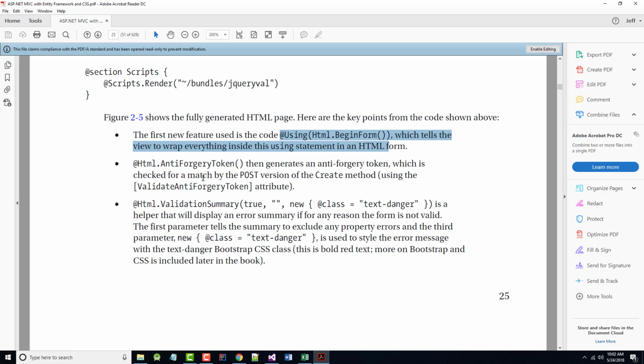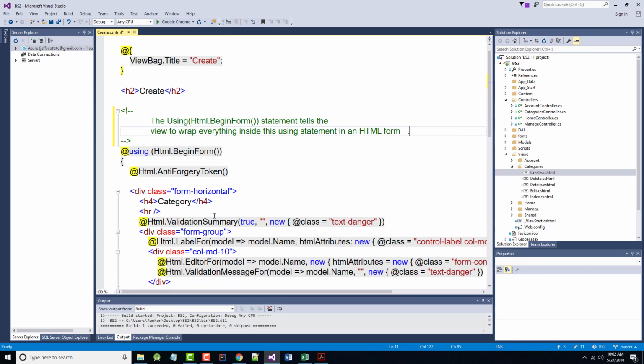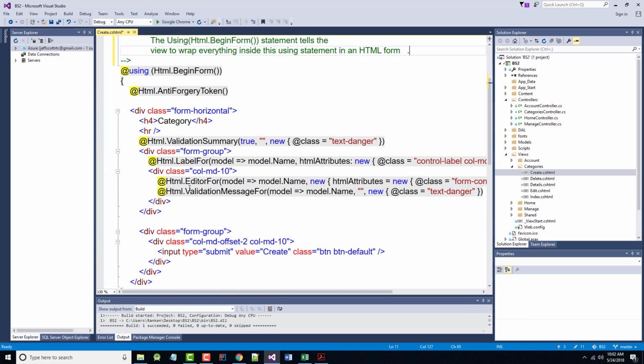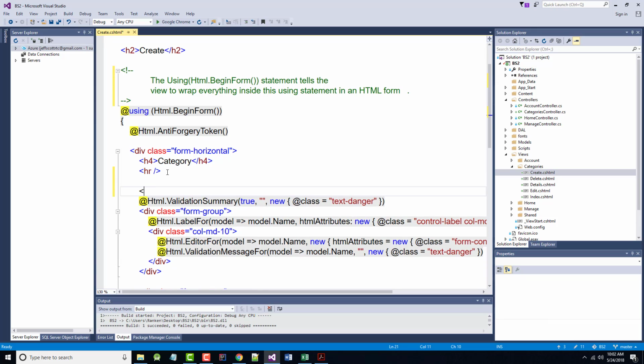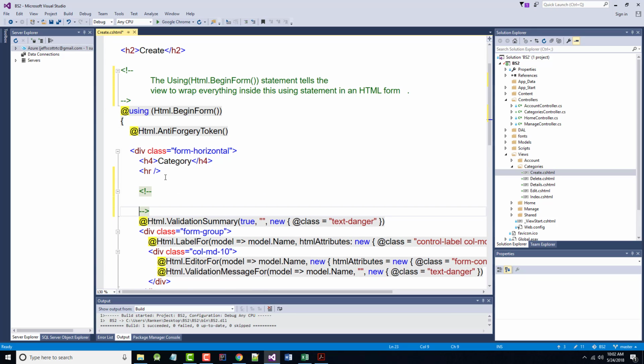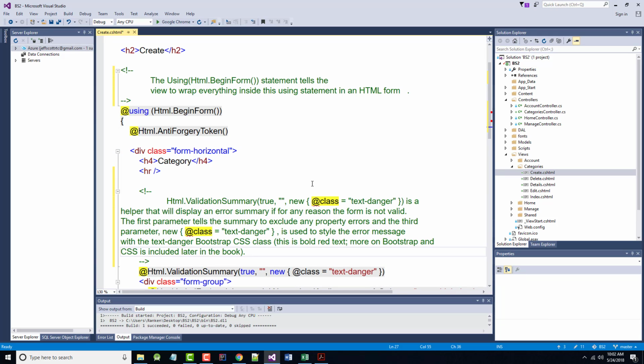Next, the anti-forgery we already looked at. And finally, we've got this validation summary, which is right here. And I'm going to put that in again inside of a comment. Now, this is going to look a little off right now, but don't worry about it. Basically, what it's saying,